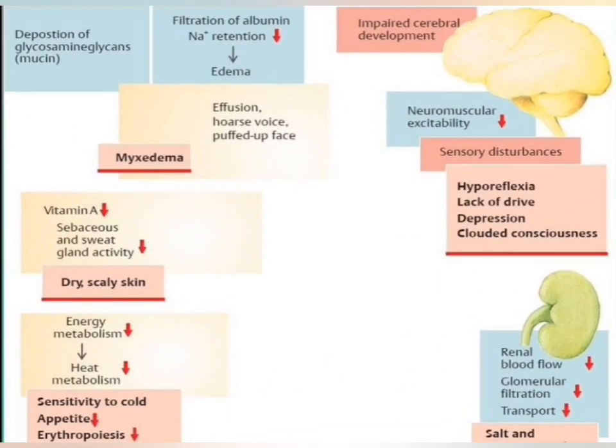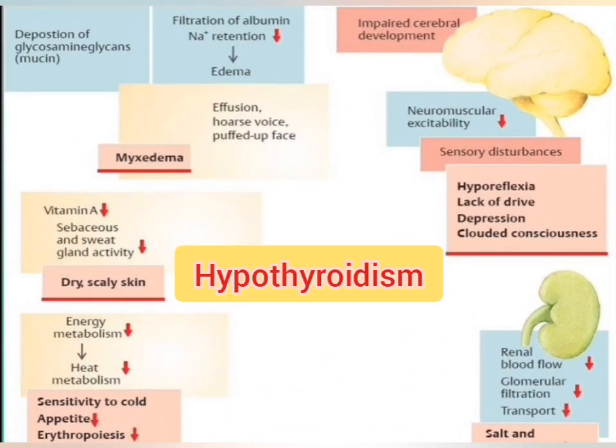And now we are going to discuss hypothyroidism. In hypothyroidism, there is decreased level of thyroxine in the blood. And this is the pathophysiology. As we have discussed the normal function of the thyroid, which is increased metabolism, growth and development, and increased activity of the catecholamine. In hypothyroidism, you are going to see a decrease in this level.